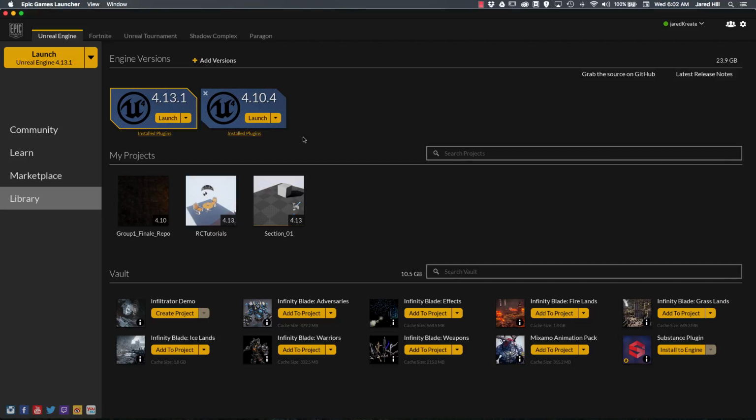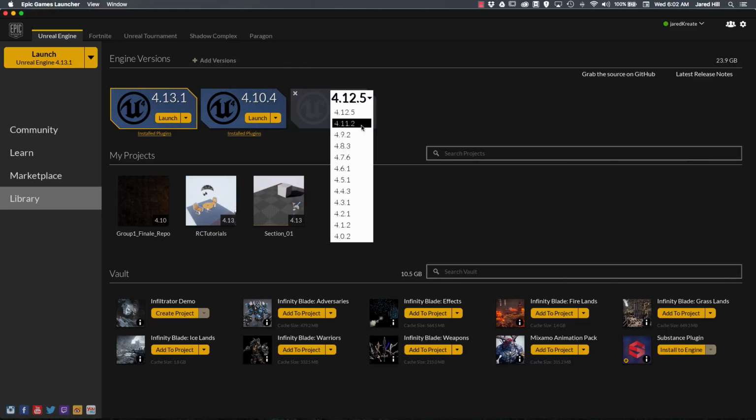And it's pretty cool that you can just very quickly add an engine. So if you look up here, there's this plus add engines button. You just click here and it's going to pop this new little icon up here, and it's going to show the engine version. As you can see, it defaults to the most recent, besides the one that I've actually got, the most recent, so it's the next most recent, which is 4.12.5,